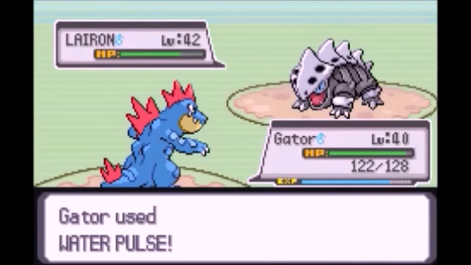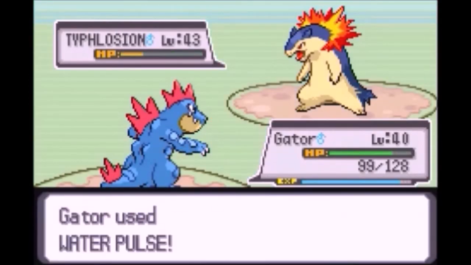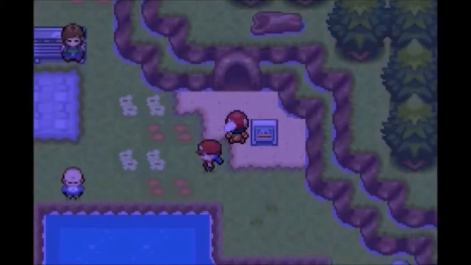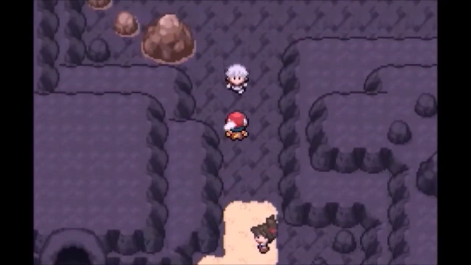Now, over his Charmeleon he had earlier, I don't know. He randomly has a Typhlosion as well. I don't know where he got any of these mons from, but hey, I guess that professor dude was just handing Pokemon out anyway. So we end up going into Mount Shiam after that,